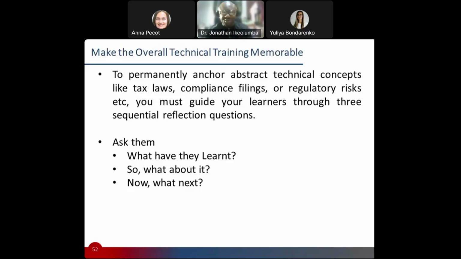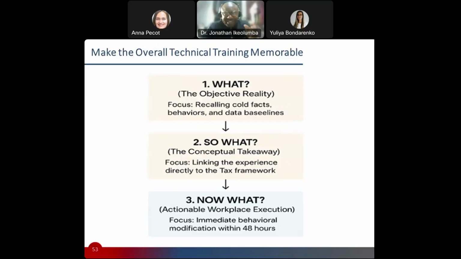What are you going to commit to over the next 5 days? What are you going to commit to over the next 7 days? What are you going to stop that you've always been doing? I think those kind of anchors are very important when you're doing a technical training. And what we are trying to achieve is to make sure that we're creating an experience where what they've learned will stay and will get stuck. That's the whole idea around that. So I think those phrasing, those messaging words, those anchors, I think you've got to think about it. I like the idea of this what. So what about it?